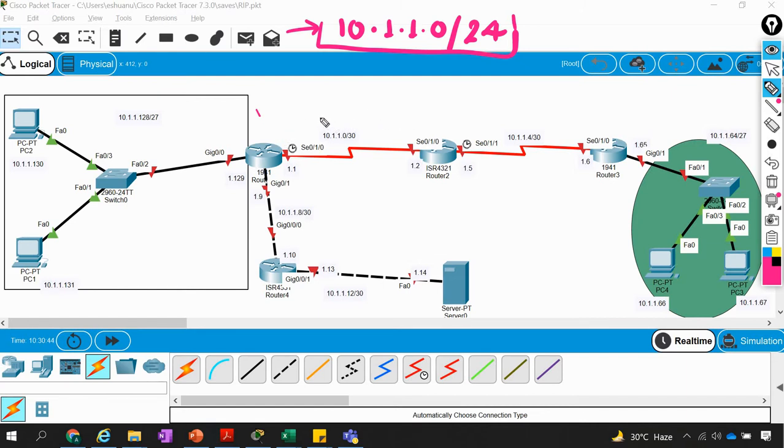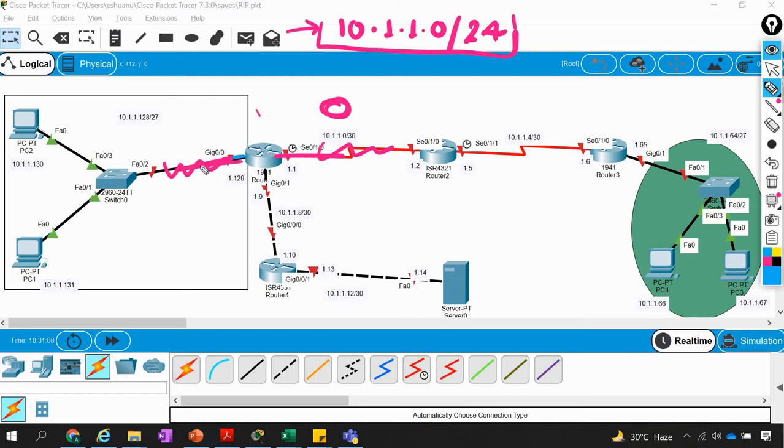So you cannot assign one IP here. If you use the same network, you cannot use the IP address here, as well as on this one, because the router has a feature that the interfaces of the router, this interface as well as this interface, have to be on different networks, and only then can you configure.